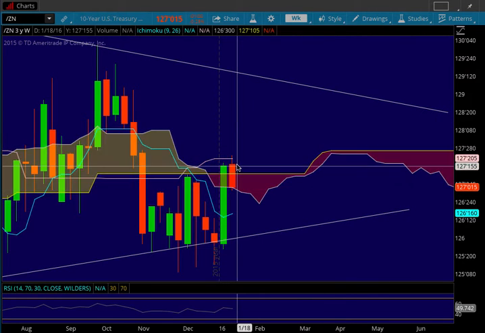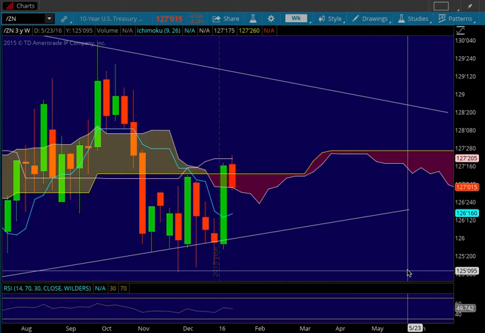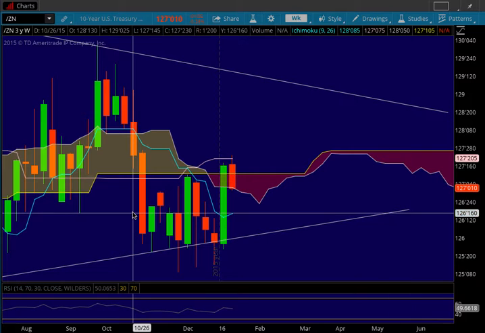So this red candle is the current weekly candle, and I woke up this morning and saw that I was actually short last night on ZN, and I got stopped out, and of course it went right to my objective overnight, but that's generally the case with ZN. But so what happened